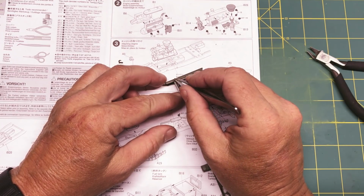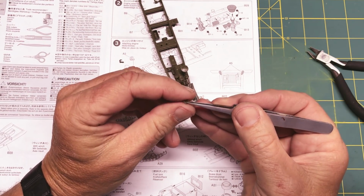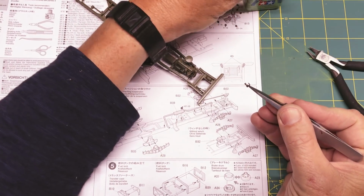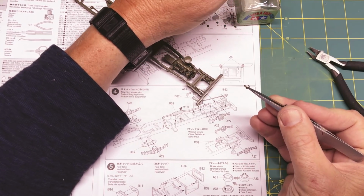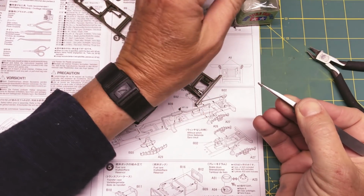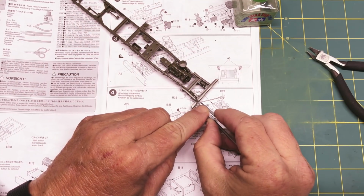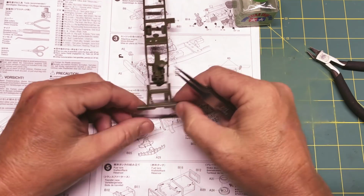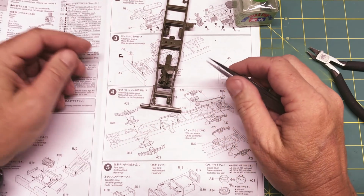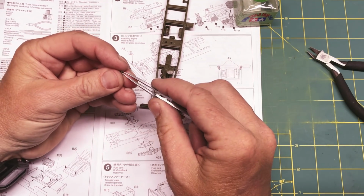I could set it in place, but I'm not going to do that. Matter of fact, I'm going to turn it around and do it backwards. Okay. Yeah. So then I'm going to take my cement, put a little dab of cement there and there. And then line it up as closely as I can, drop it into place. Make sure it's lined up on that little raised portion there, and twist it as need be, which I don't have to in this case. Do the same thing